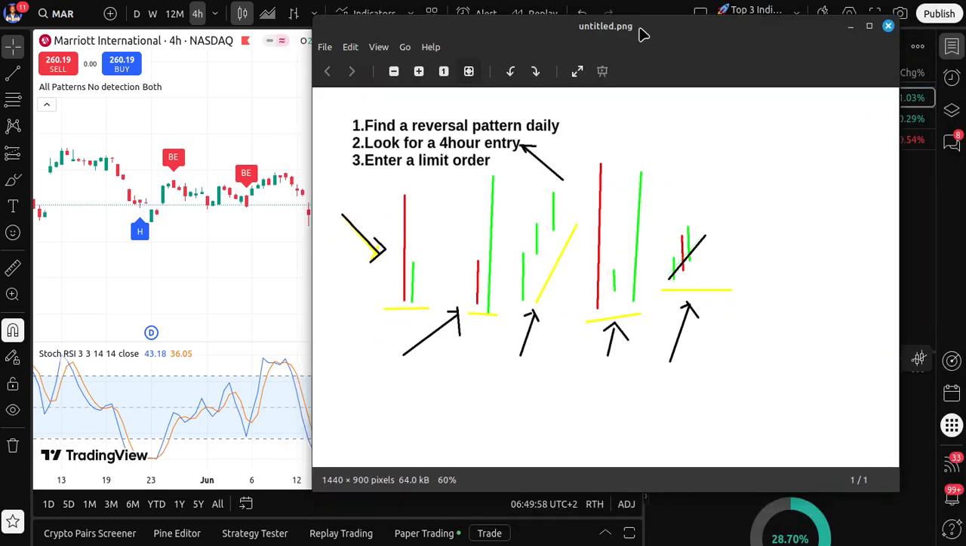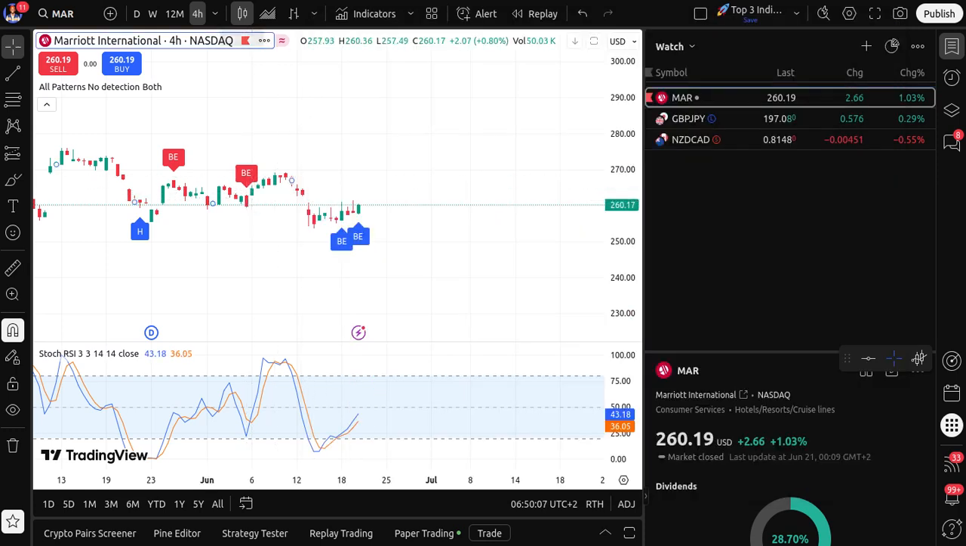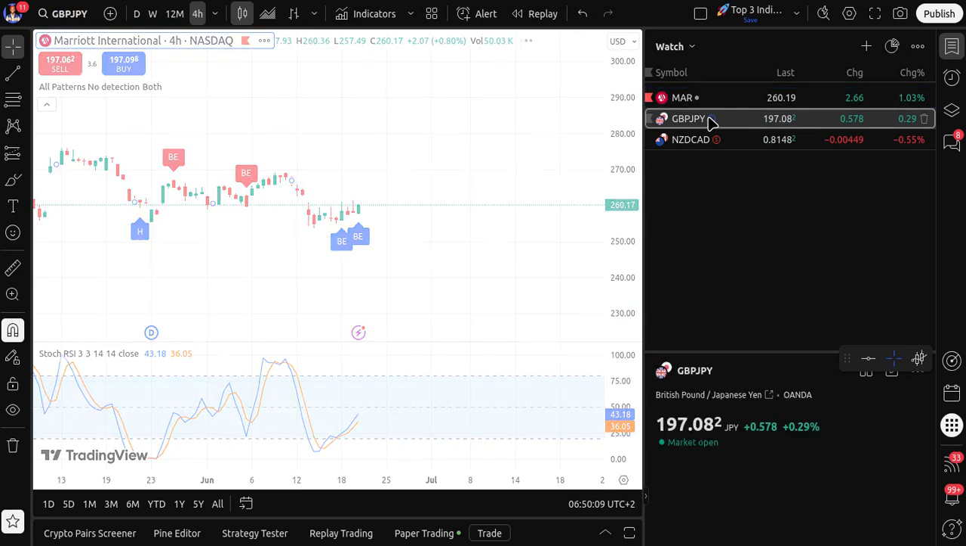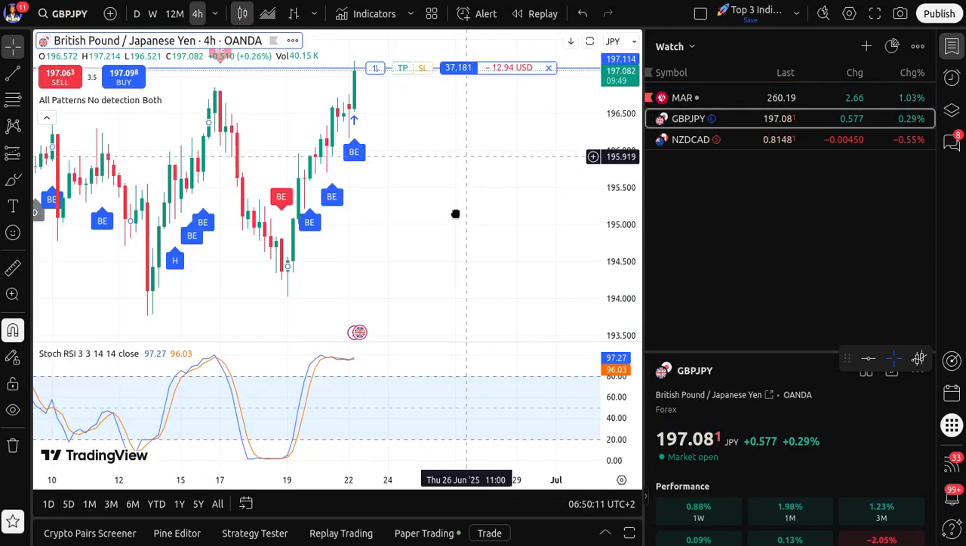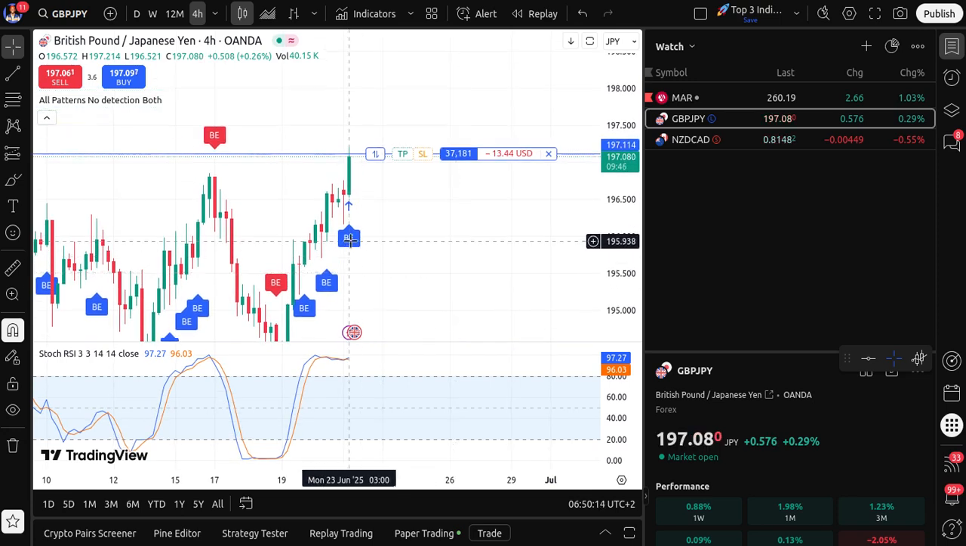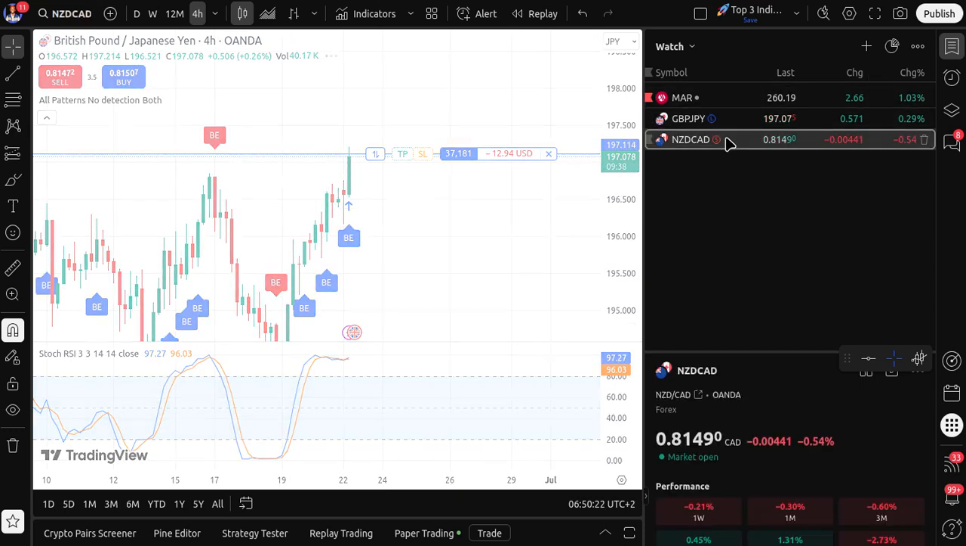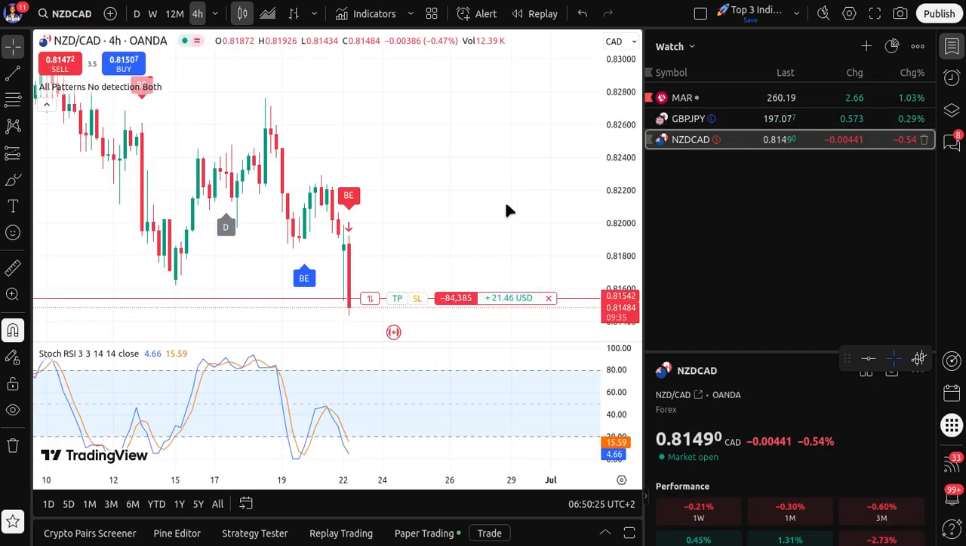So this is the bullish engulfing pattern, this one right here. This is what you are seeing here, the bullish engulfing. As for this one, you're looking at the bearish engulfing, which is the opposite. So maybe let me just